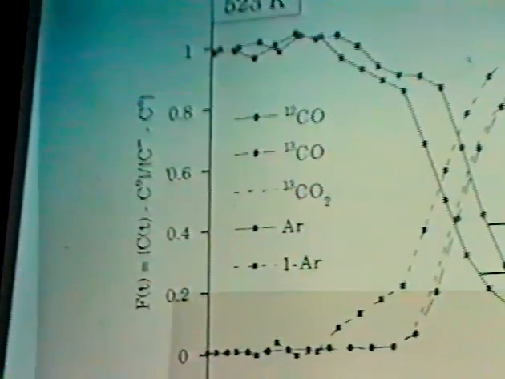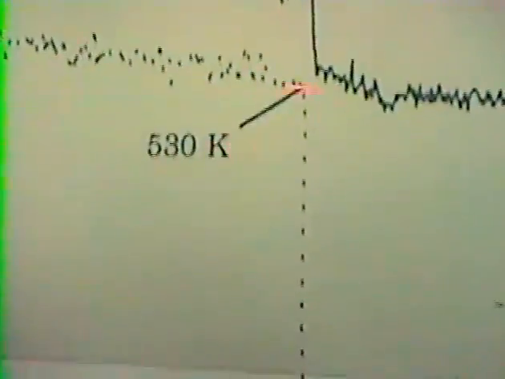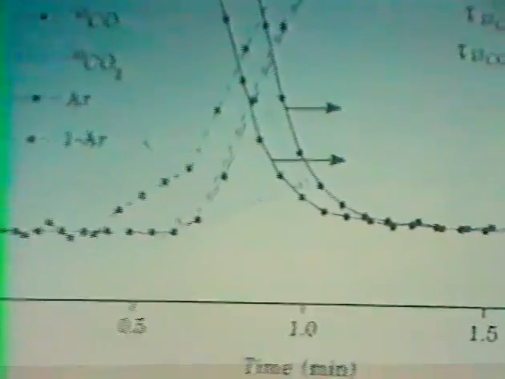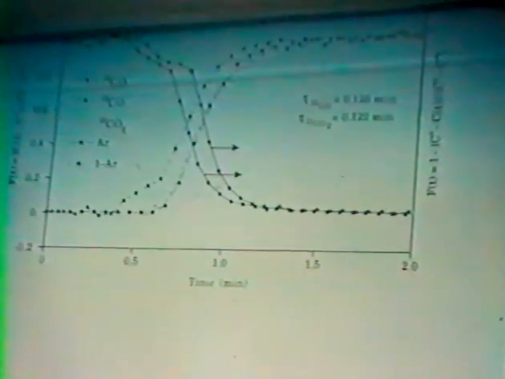Okay, the last set of results I'd like to show you is a steady-state isotopic transient study. In this case, we use the step transient technique to investigate how these adsorbed species interact. And here is the result. This study was conducted at 523 K. The reason we select this temperature is based on the TPR result. As you can see in the TPR result, the significant reactions start to occur at 530 K. So we decided to start the reaction at this point so we can see the adsorbed species during the reactions.